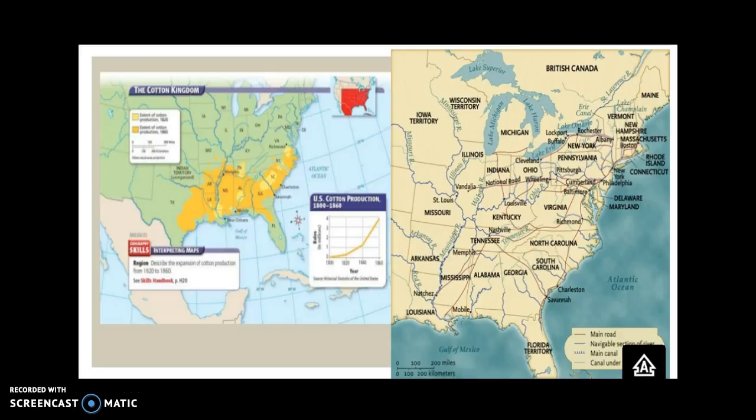And this actually isolated the South. And so, as we see Henry Clay's American system being put into practice, and you see the roads and canals and internal improvements being created, it does part of what he had envisioned. It does make the North and the West interdependent. It does link the North and the West economically and politically speaking. However, the negative or the downside is that it isolates the South.